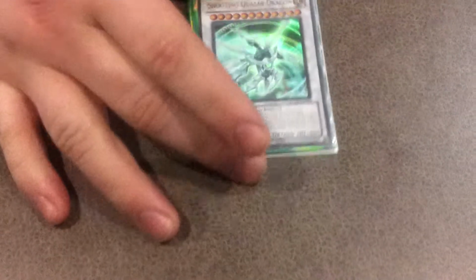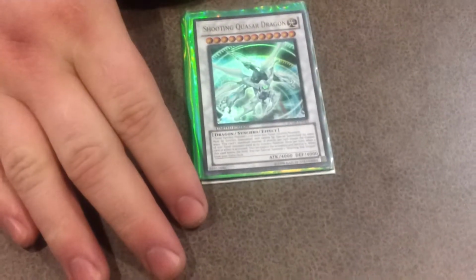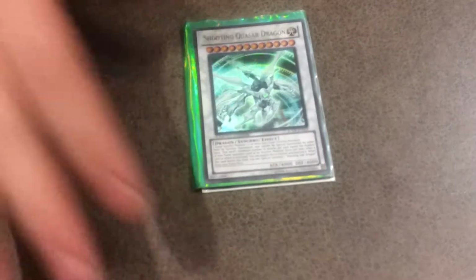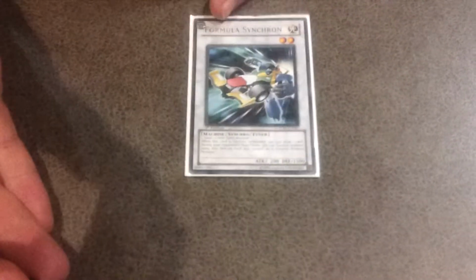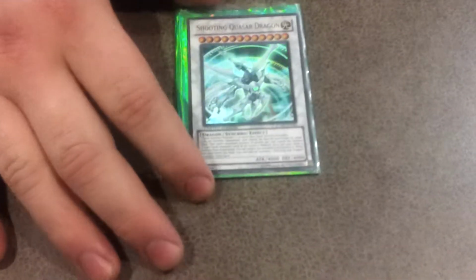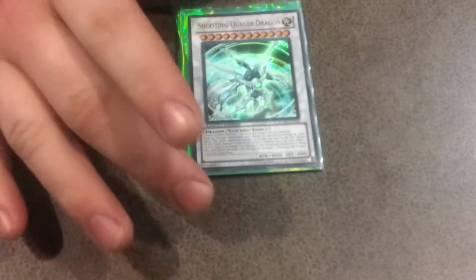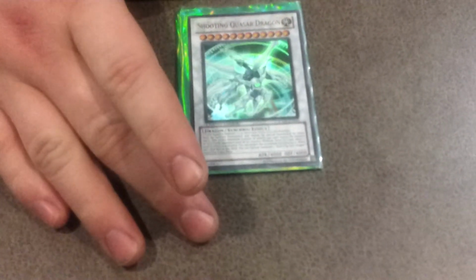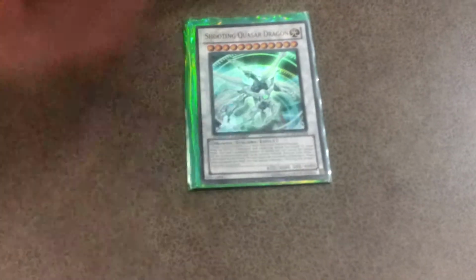Shooting Quasar Dragon. He is, without a doubt, the best card I own. To Synchro Summon him, you need one Synchro Tuner, which is why Formula's in here, and one or more non-tuner Synchros. He gets to attack once for every non-tuner used. So he can attack at least twice with 4,000 attack,